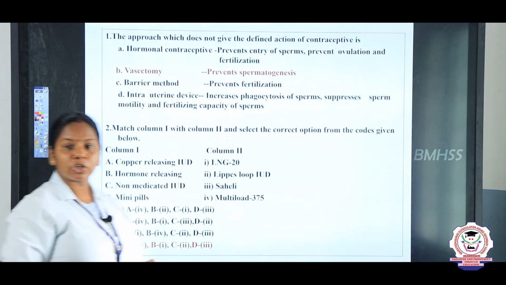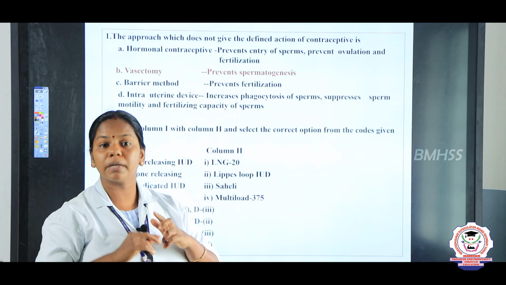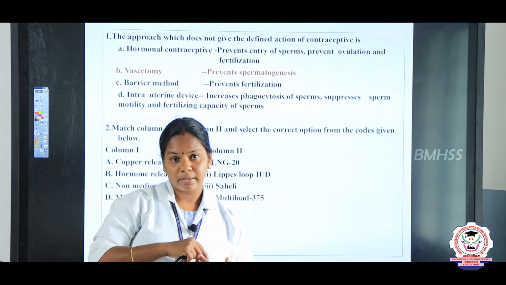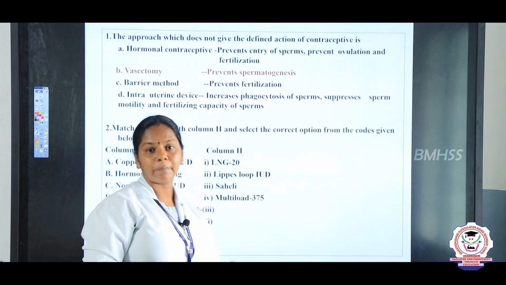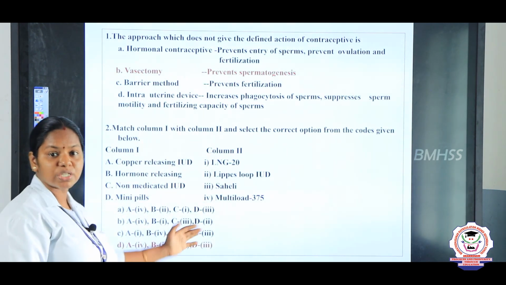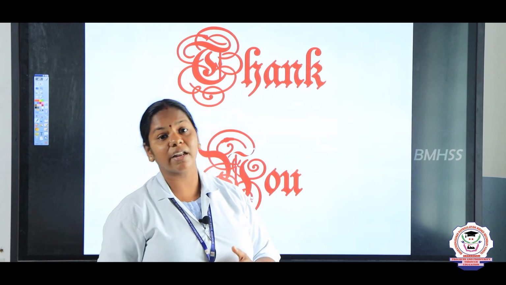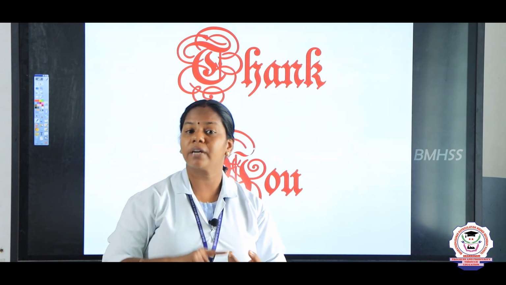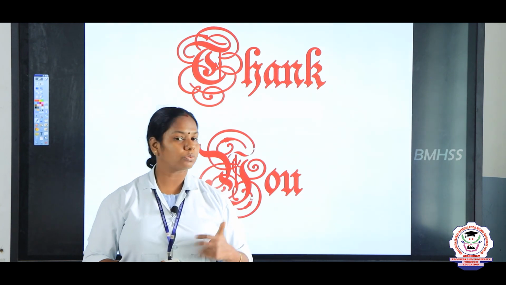So let us recap what we studied, children. We studied population explosion and the birth control measures. In that we studied the natural methods, the permanent methods, the barrier methods, and what MTP is. These are the assessment questions related to this topic. Just go through them. With this, the session comes to an end. Practice the diagrams and write the names of all the devices, that is, the different types of copper releasing IUDs and hormone releasing IUDs, in your notebook. Draw the diagrams, right? Go through the topic well, children.